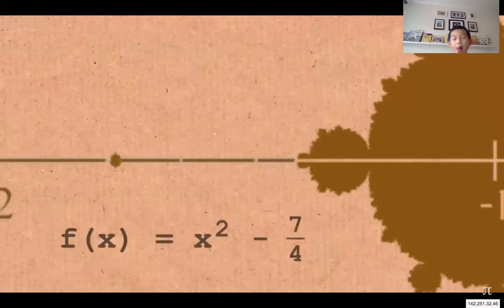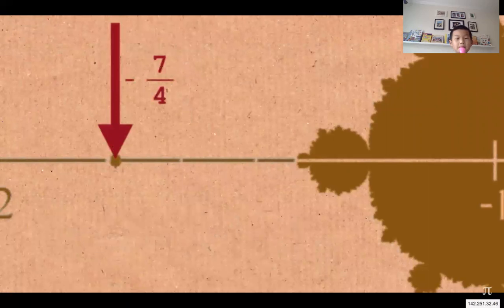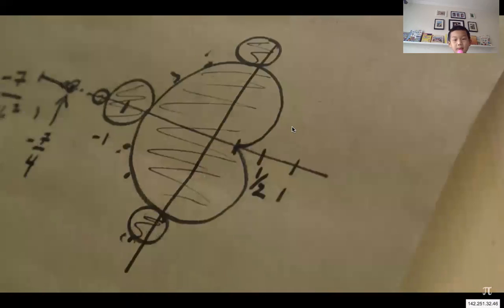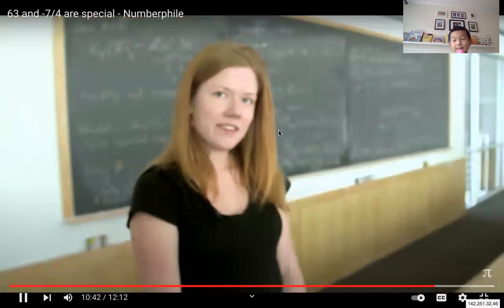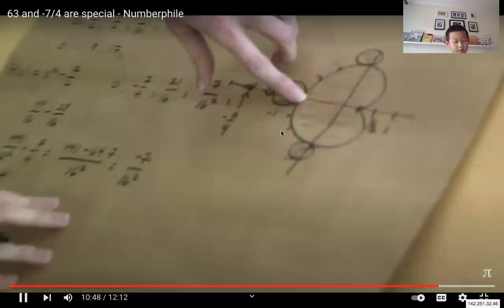So minus 7 over 4, it turns out, is right inside this piece of the Mandelbrot set. This line of the real numbers there seems to run right through a whole swathe of fractions. Aren't there going to be loads of fractions that are going to cause this problem then? That's a really good point. You're absolutely right. There's tons and tons of fractions on the real line inside of the Mandelbrot set, but